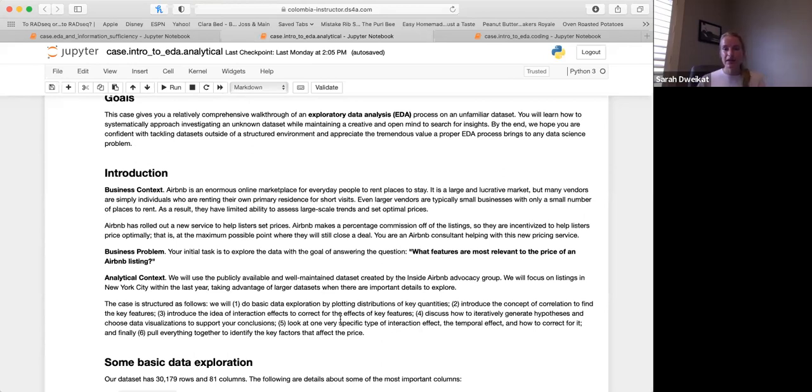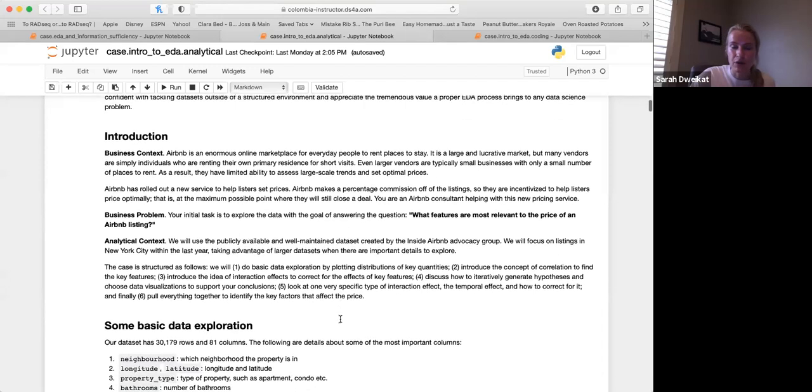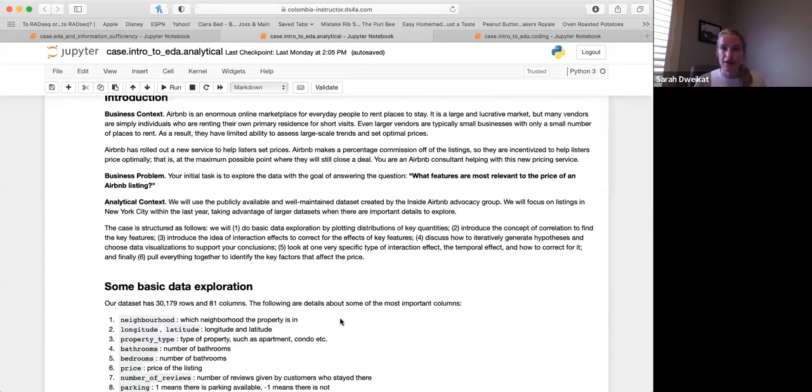So we're going to be looking at a particular data set and trying to help Airbnb figure out what are the most important features, what features are most relevant to the price. We're focusing on New York City as the data set. So obviously Airbnb is worldwide, but we are going to focus our analysis on New York City, just for the sake of not having an overwhelming data set. This will help us to look at a specific area, and some of the details we'll explore there.